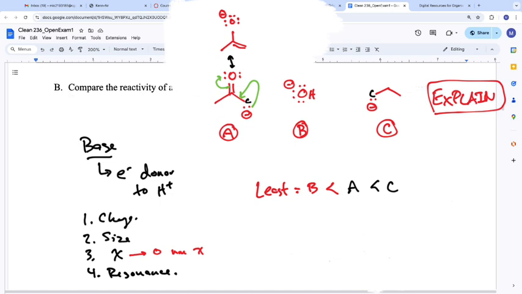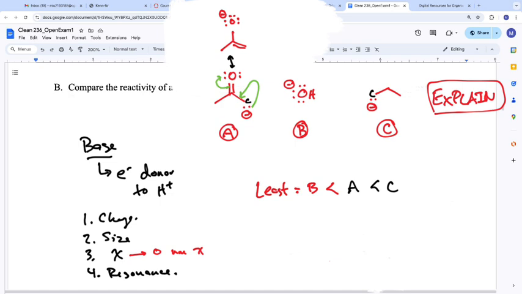The top one. Why is the top one more stable than the bottom? Because the oxygen is least likely to donate its electrons. Oxygen, being more electronegative, would rather hold the electrons. This introduces an interesting dilemma for us. We were originally drawn with the negative carbon, and yet what we're saying is the negative oxygen is the more stable form. And if we compare the more stable oxygen of A to B,